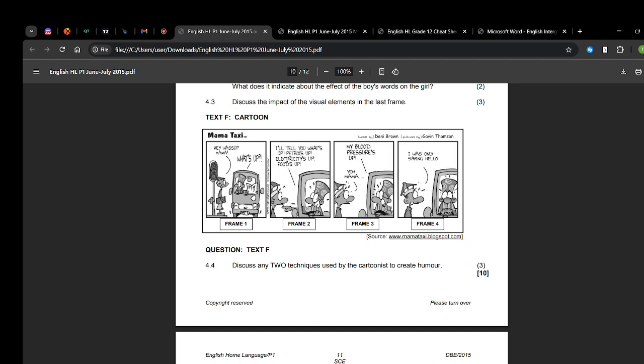What else can we find? I'll tell you what's up. Petrol's up, electricity's up, food's up. And then the boy, you can see these lines here. There's lines of sweat coming out from the characters' faces. So you can call it sweat or whatever. That can show that, hey man, is this